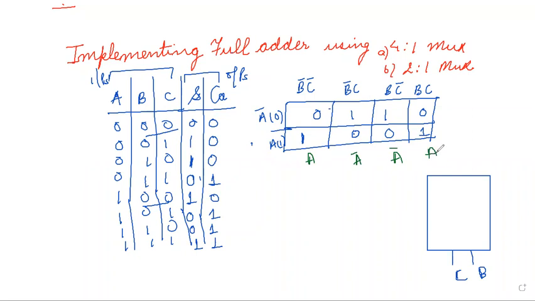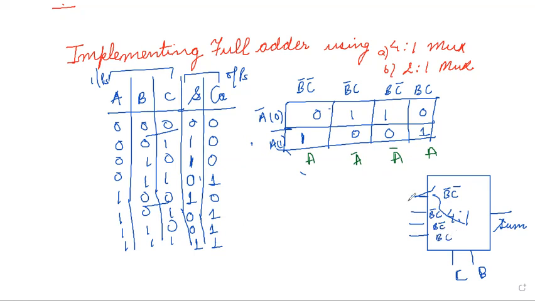So now I have actually reduced my logic in the variable A. So I can just connect the 4 inputs of my 4:1 multiplexer. So this is the output. I should write sum here. Sum. So the first combination, the input is representing the combination B bar C bar. Next, B bar C. Third, BC bar. And the last is BC.